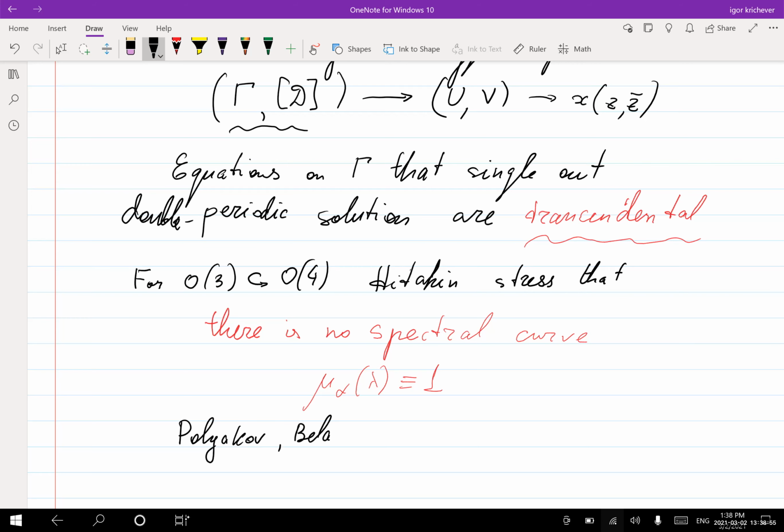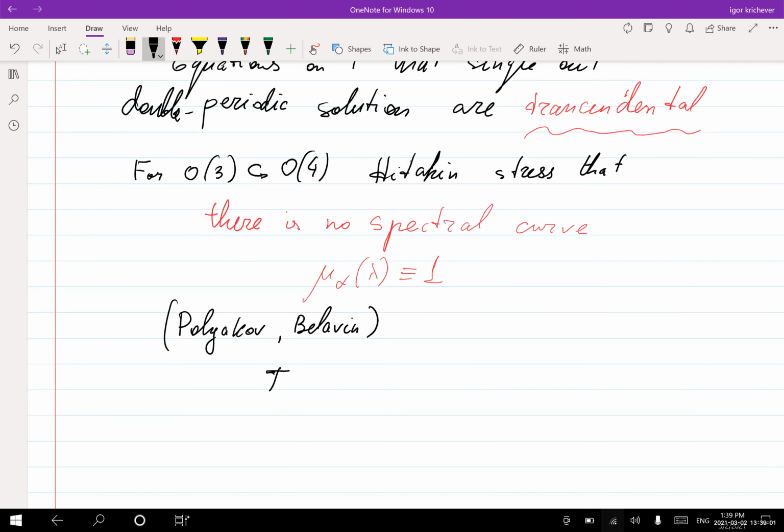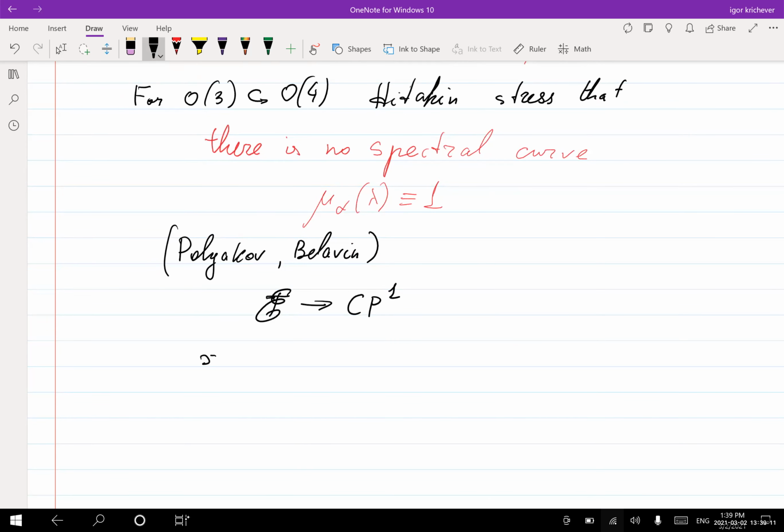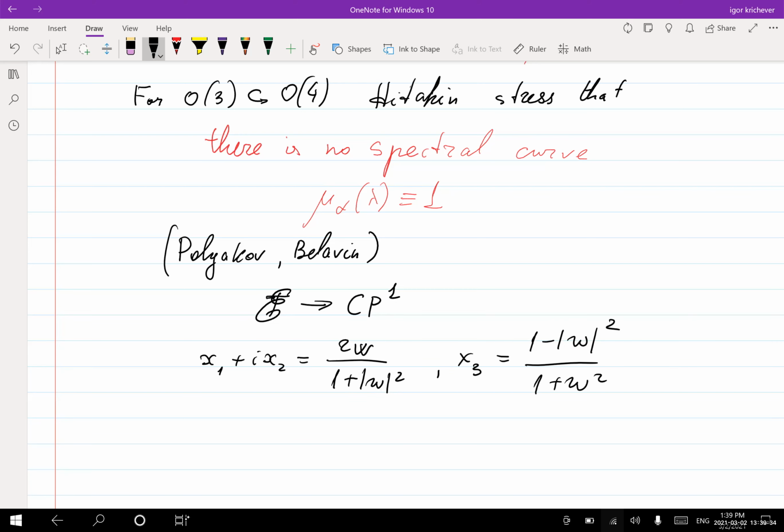Ilarian, and solutions of sigma of elliptic curve into CP1 actually are given by explicit formula: x1 plus i x2 equals 2w divided by 1 plus absolute value of w squared, and x3 is 1 minus absolute value w squared divided by 1 plus absolute value w squared. It's a conformal harmonic map of a two torus, of an elliptic curve,